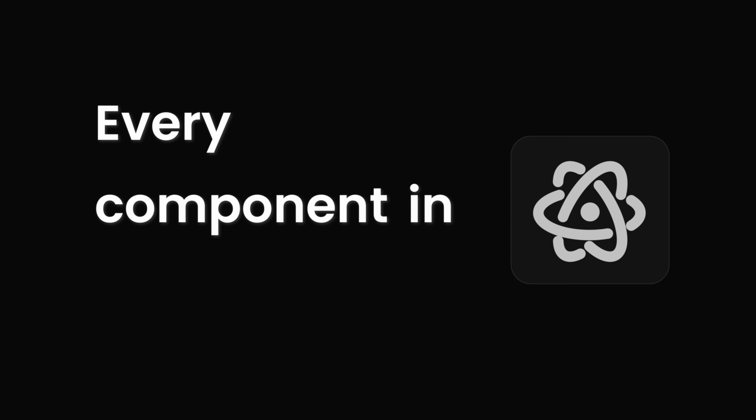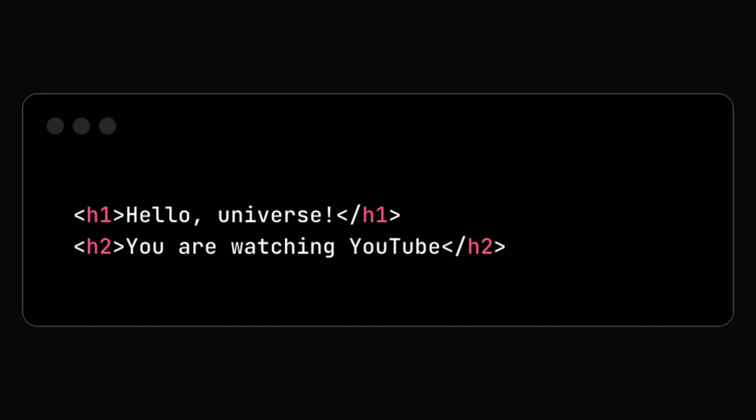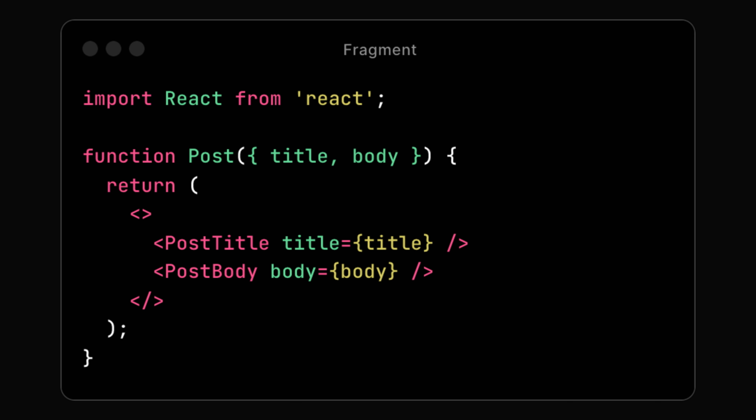Every component in React must return at least one element or null. And in order to return multiple elements, the component must wrap them inside a parent element. But using a div as parent will result in an extra element in the DOM tree. And to solve this problem, we can use something called fragments, either with React.Fragment or much better with an empty